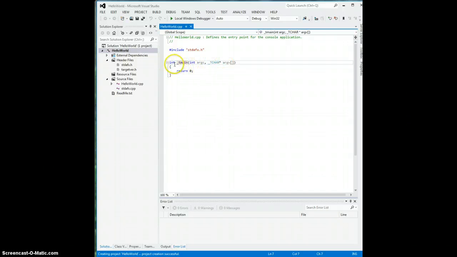Now Microsoft likes this _tmain stuff. I don't. I just like my normal good old char star. You don't really have to change it, it doesn't really matter. To do our Hello World program, I want to do include iostream, using namespace std, and just do cout Hello World